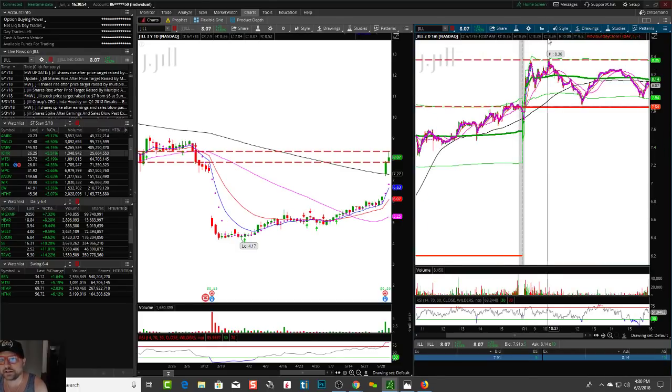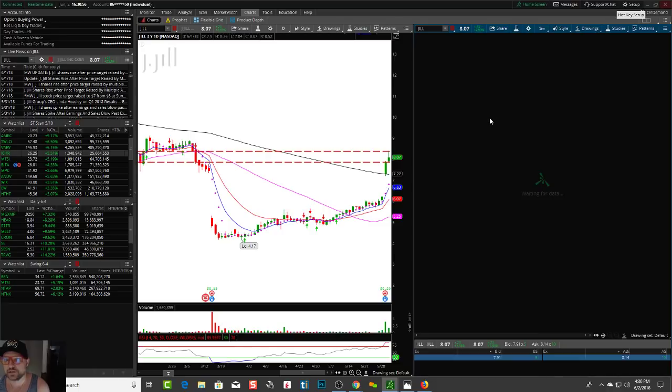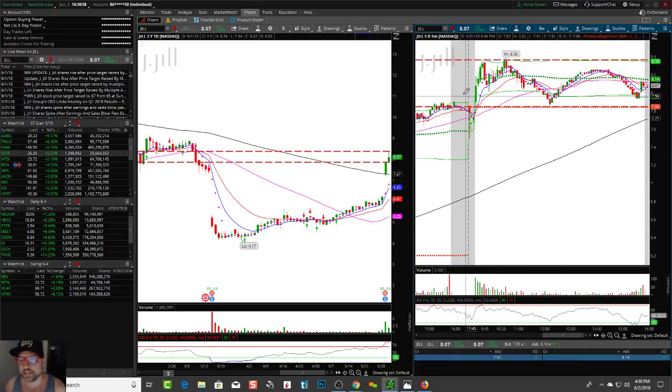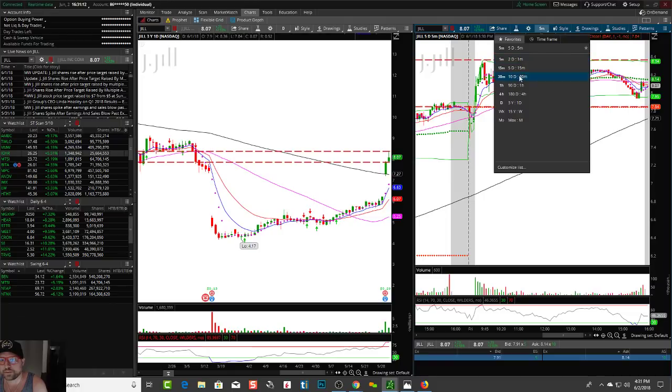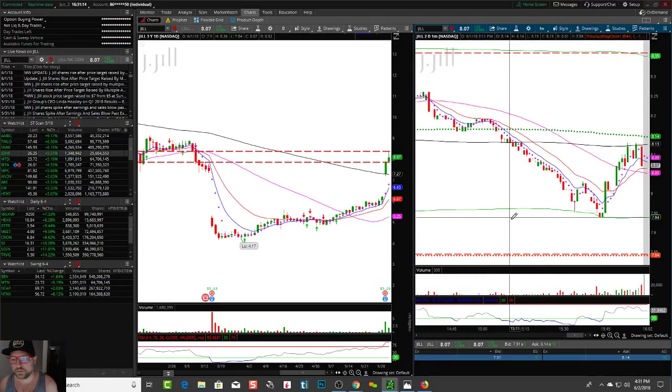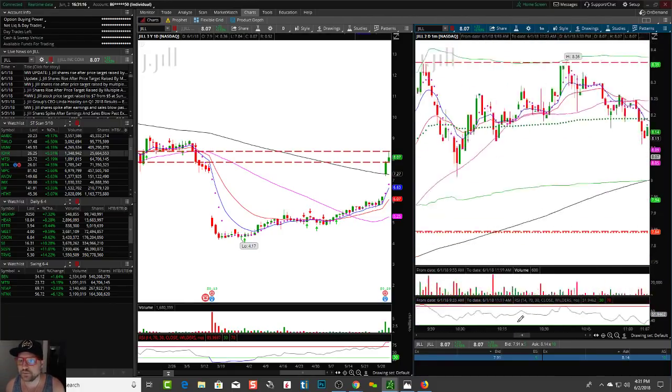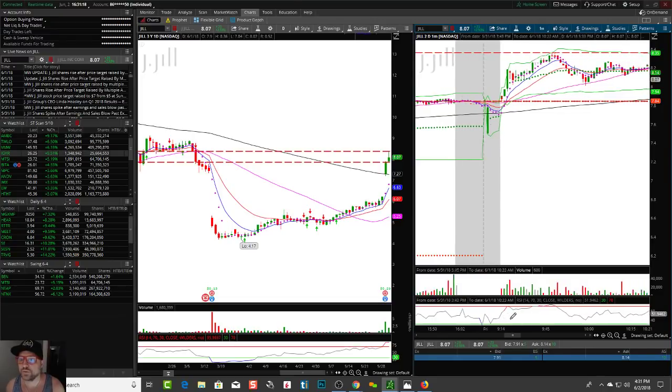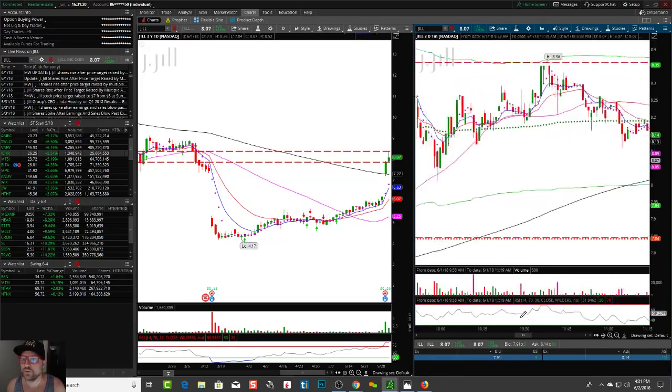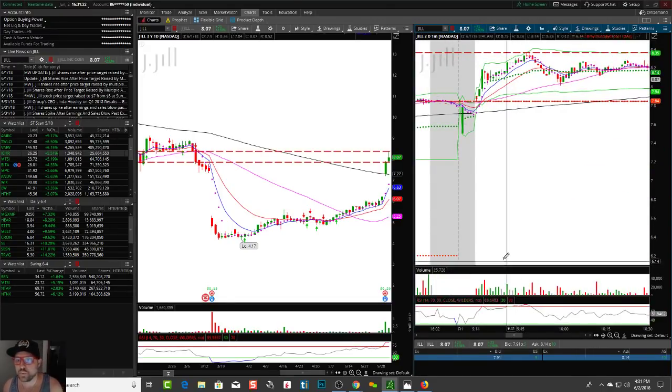But let me just look at it again. I don't know if I like anything on a 5-minute. 5-minute, don't really like it. You maybe could have gotten in on a break of this first candle, 818 down to, it's still too high of risk. I don't like the risk management. Let me just go to the 1-minute real quick. See if the 1-minute's any better. Okay, so the 1-minute,